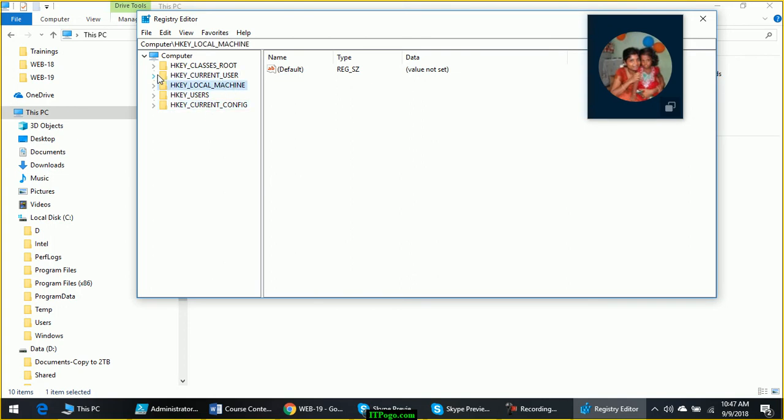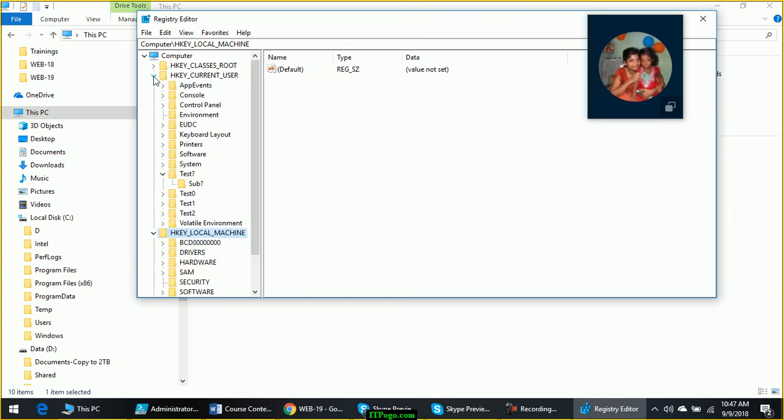Now this is also a data store where multiple layers of information are available at multiple levels. So this is the root of HKCU, that is HKey current user. This is the root of HKLM, that is HKey local machine. Under that you will find there are subkeys like software, system, hardware, drivers and all. Whatever you find under HKey local machine, those are the settings which are applicable to all the users on this computer.